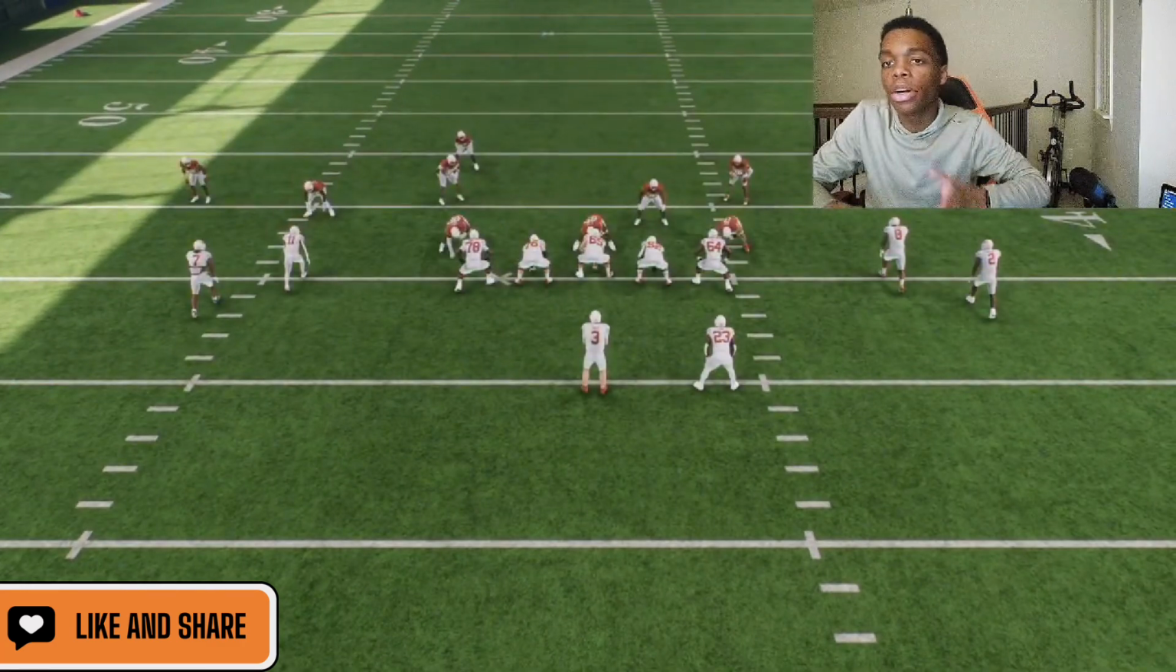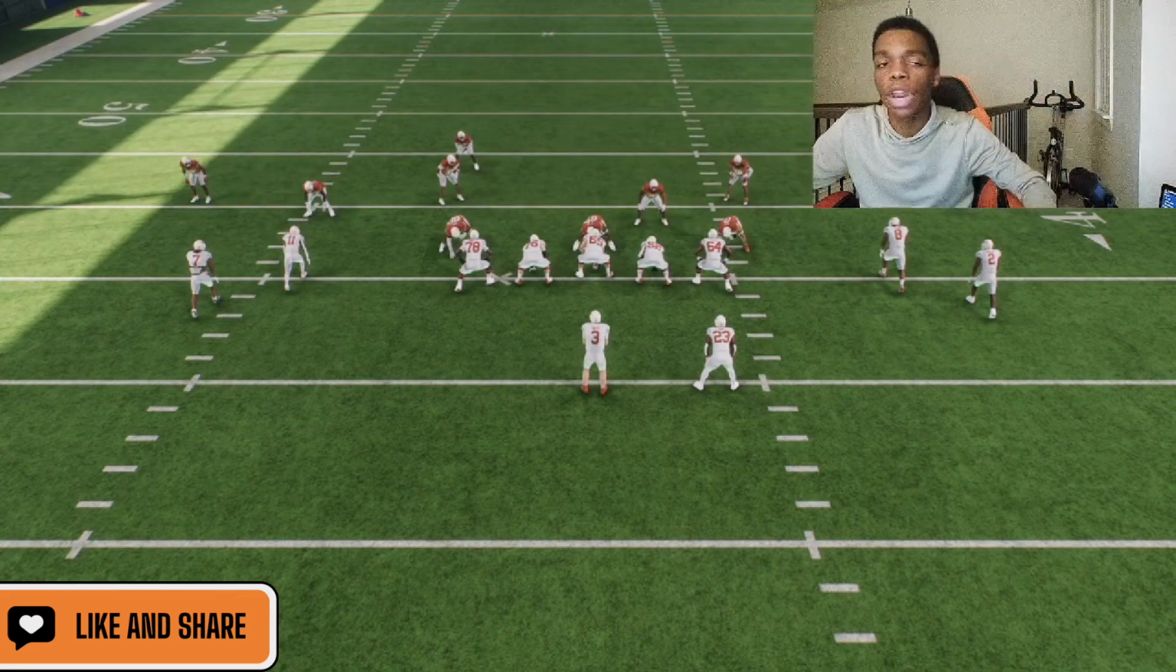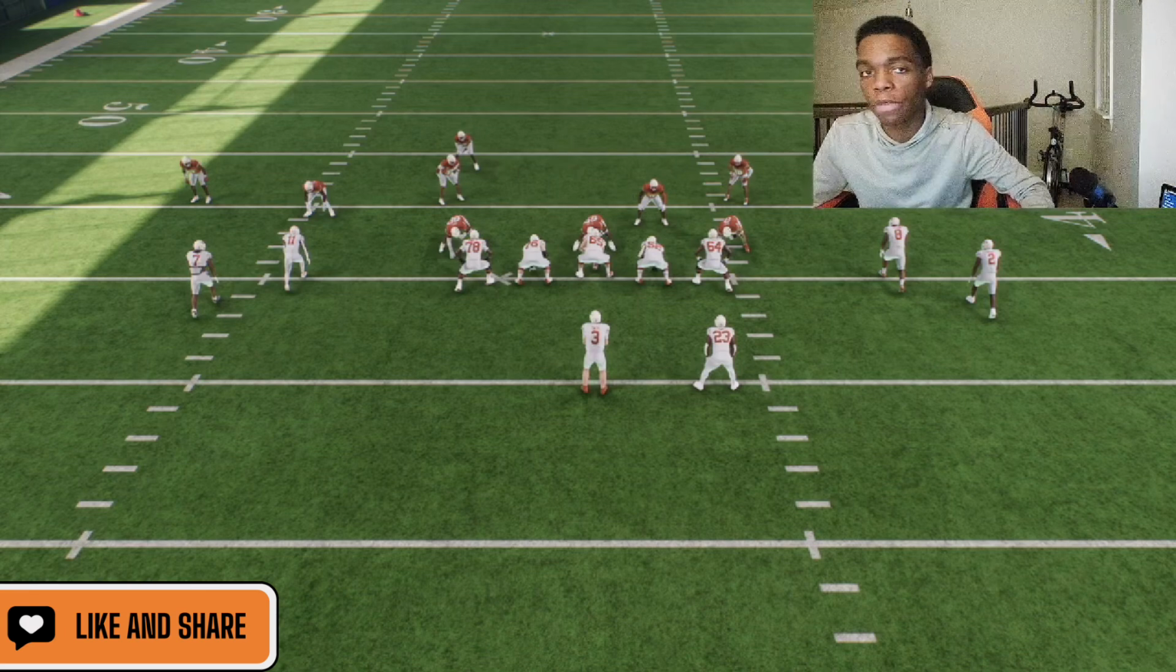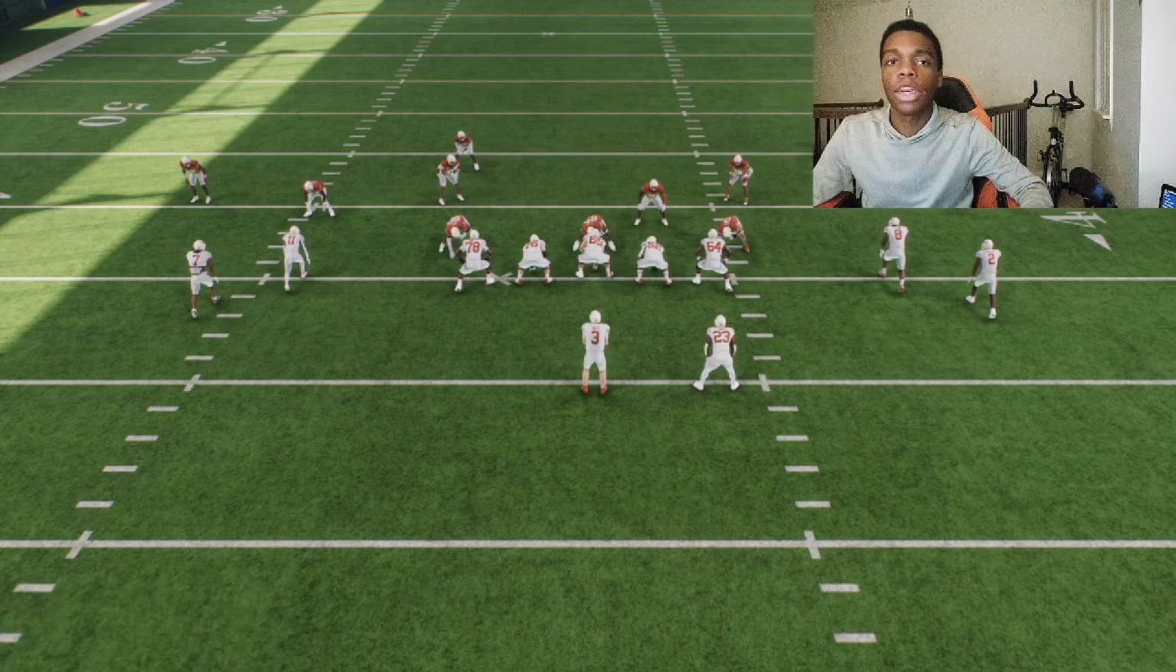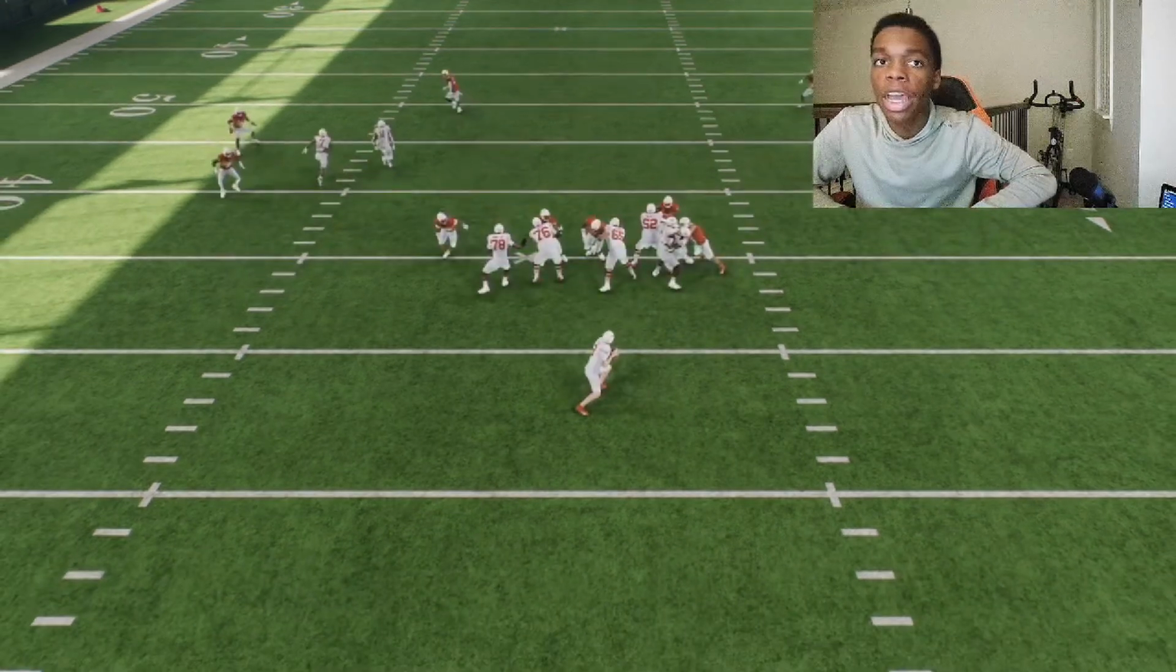But the double Mable coverage, its principle is take away the sideline at all costs. Do not give up a 5-yard out route. Don't give up a 25-yard corner route. Don't give up any crossers up the sideline. Whatever you have to do, take away the sideline. And when you do that, what ends up happening is the middle of the field just gets vacated and left